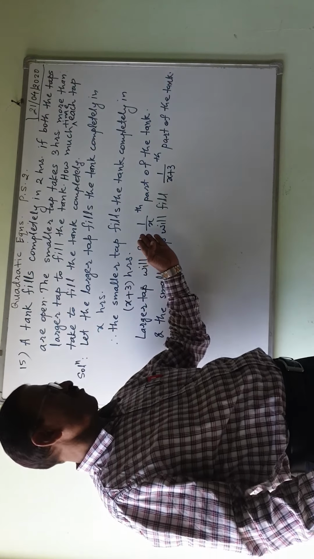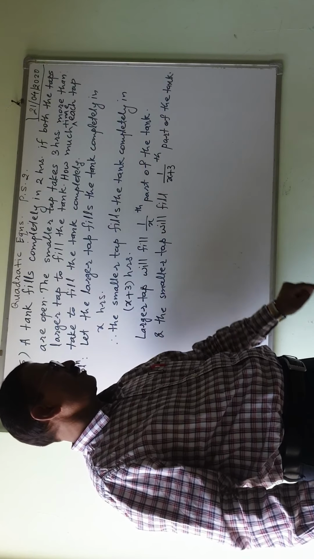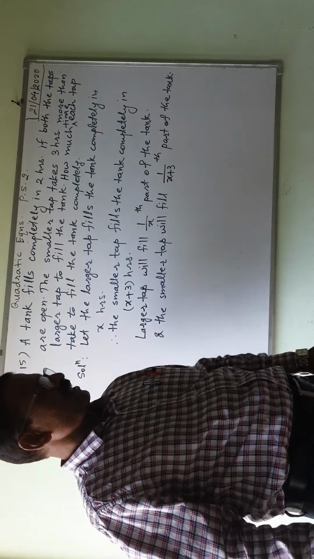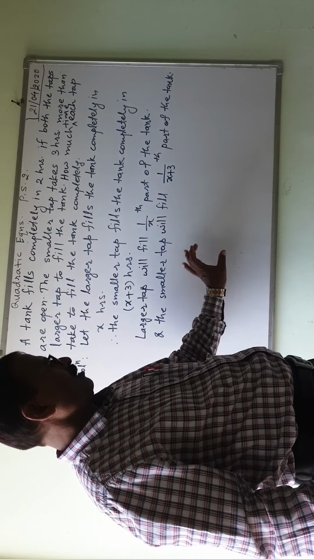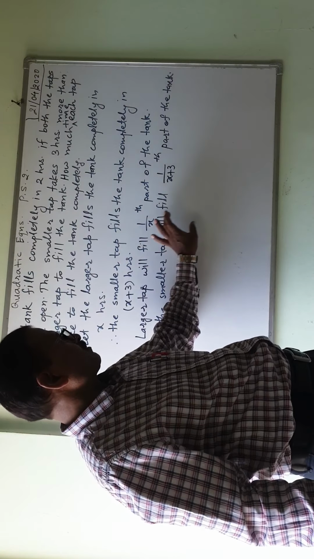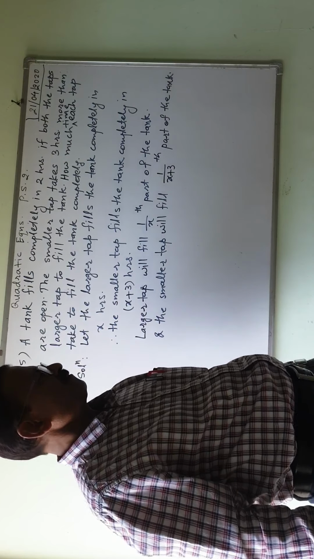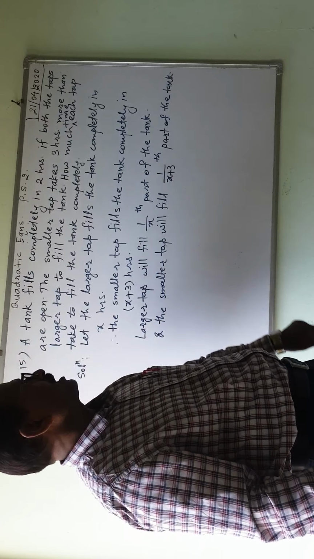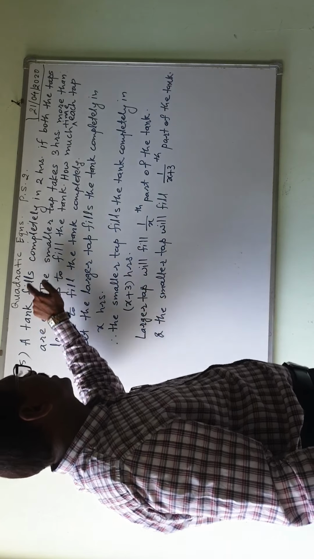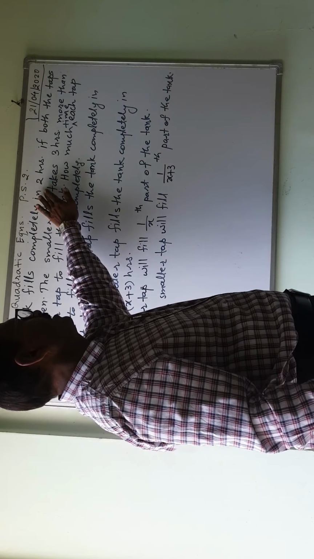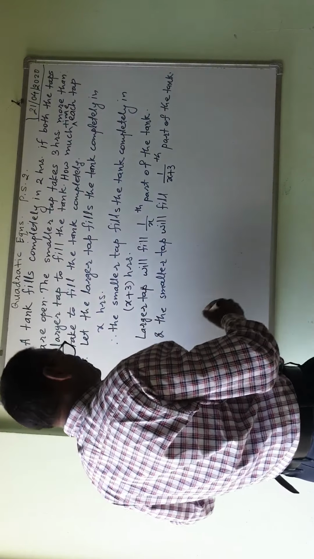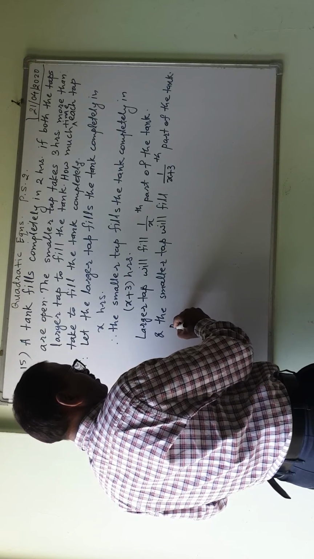This is by in 1 hour. This is also in 1 hour. So now if both of them work for 1 hour together, the water will be 1/x plus 1/(x+3) part of the tank. And these two together will fill the tank in 2 hours, they say. That means in 1 hour they will fill 1/2 part. By given condition,